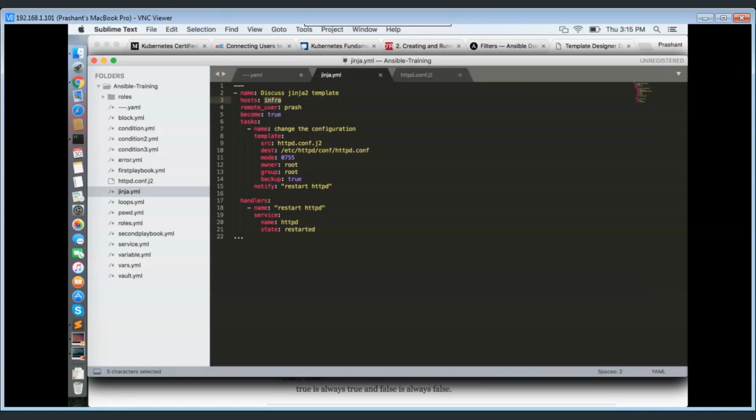But the thing is, it will download on the remote node, because in a playbook whatever things you are doing, it is doing on the remote nodes, not on your local workstation. So if you want to download that RPM on your local machine but in the same playbook, that thing you can manage using delegation. How? Let's say